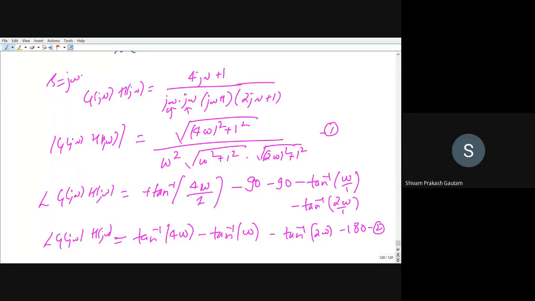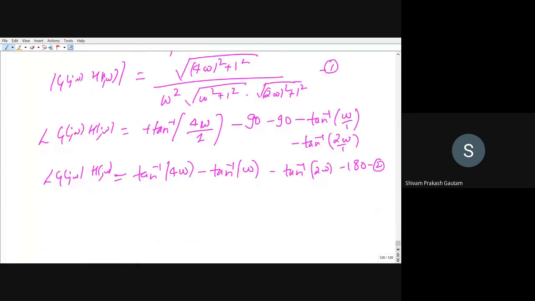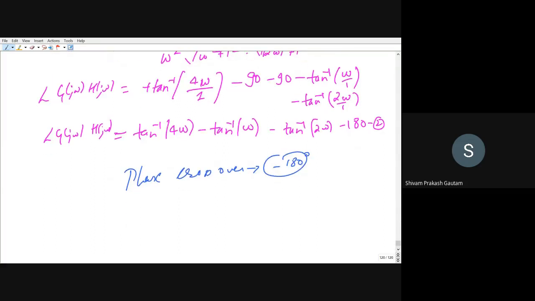Okay, now we will calculate the phase crossover frequency. Why will we calculate the phase crossover frequency? To be sure at how many points our plot is cutting the minus 180 degree line. Phase crossover frequency means our plot cuts the minus 180 degree line. And how will we calculate it? By substituting the phase as minus 180 degrees and replacing omega by omega pc. So I will calculate the phase crossover frequency.